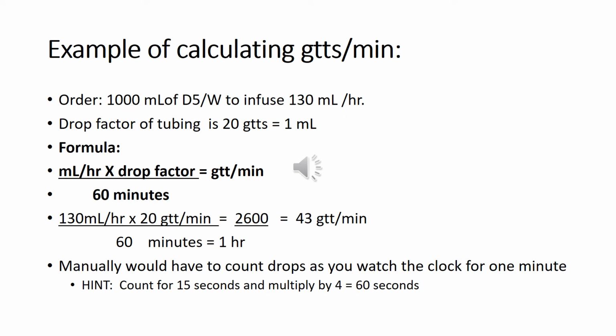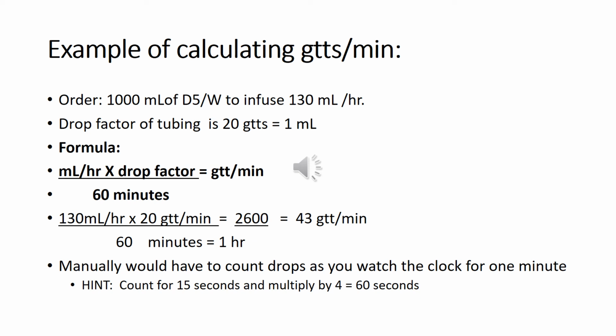So you're going to do your multiplication and get rid of your hour, cross that out. Then you look at your math and see 130 times 20 equals 2,600 over 60. Then you divide 2,600 by 60, and that is going to give you 43 drops per